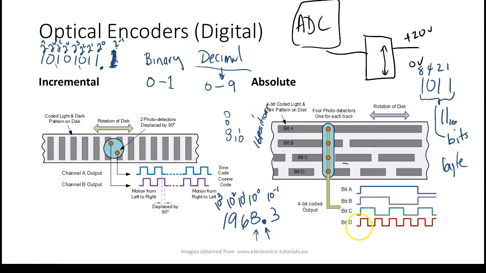So this is what they're showing you. We start off, I don't know where they start off at. This looks like it's using gray code, and we're not going to get into gray code. But what the absolute encoder does, it gives me a binary number that represents the position. Now, what would be the advantage of that? The advantage is if I turn the power off to the system and I come back and turn it on, the absolute encoder would know exactly where the device is at. Y'all follow that?